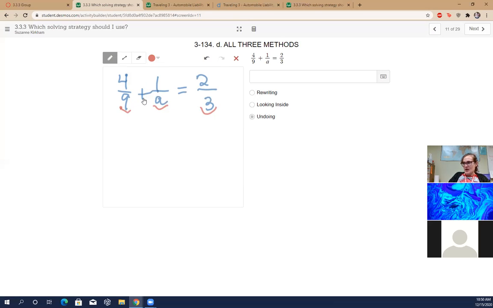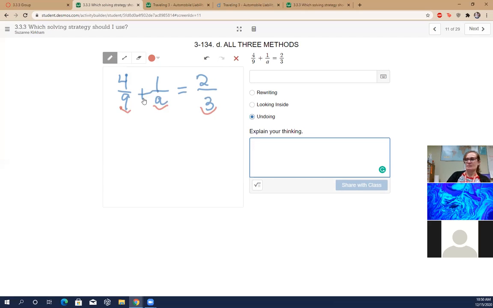And I'll give you a hint. Since it's a fraction, we're going to be using undoing. Would it be 3? 3 is one of them. So we're undoing the fractions, right? We're going to multiply the whole fraction by the same thing. So we've got a 9 here and an a and a 3. With our 9,